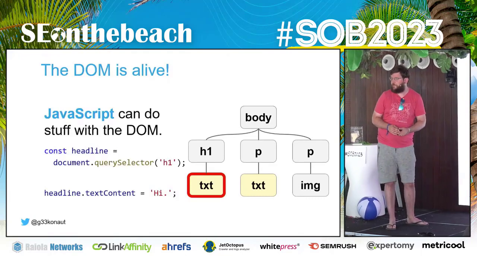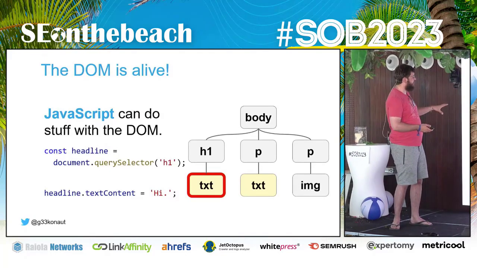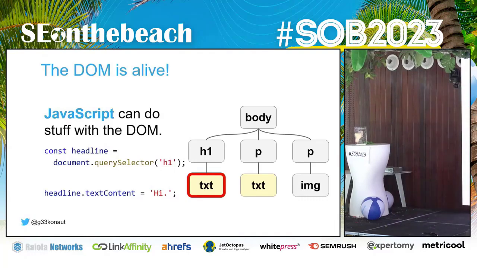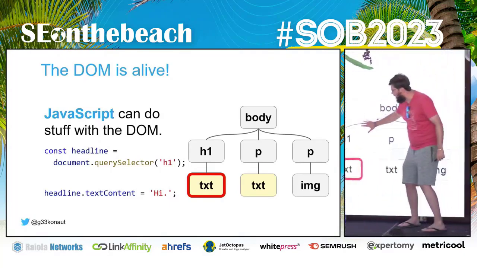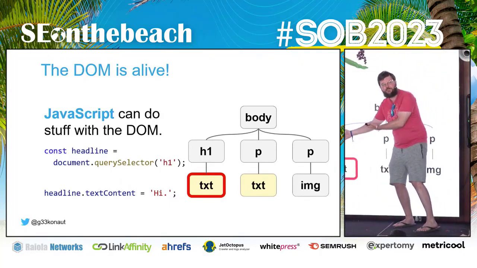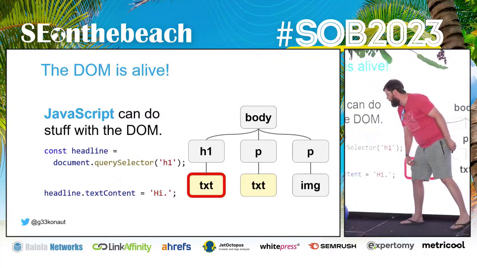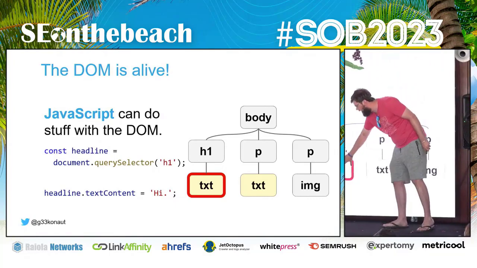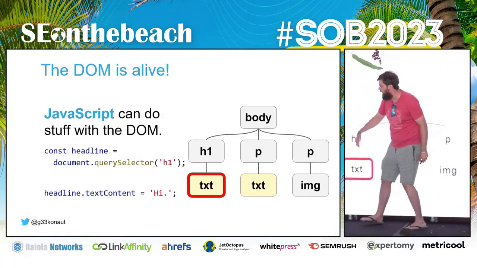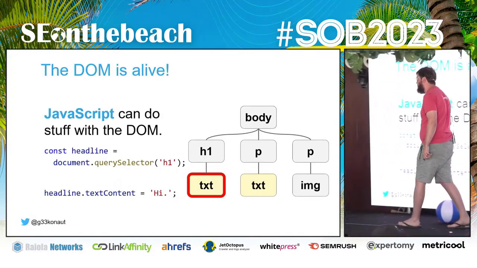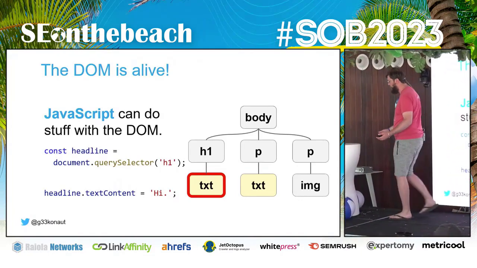Aha! So JavaScript in this case fundamentally goes into this tree and says, in this tree find me the first H1 element, and then we go like, okay, so surprise, there's an H1 element right here. So this is now stored in the variable called headline. We can then change the text content here by saying headline's text content should just be high. So congratulations, your JavaScript has just mutated the DOM tree.